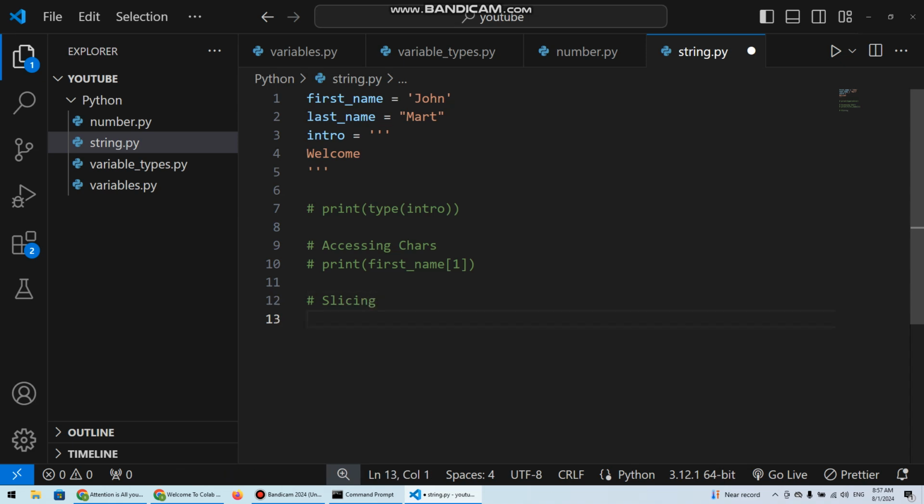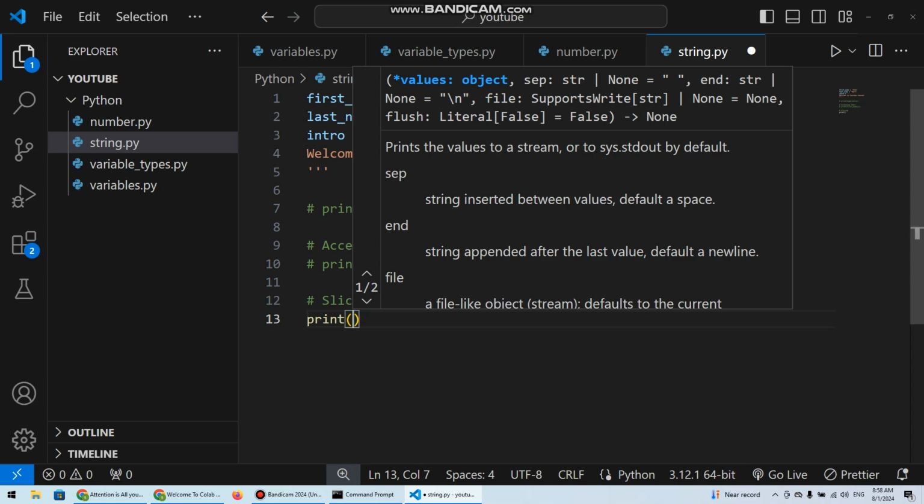So you might have a string and want to cut a part of it, like get just a part of the string. For example, let's say intro was "welcome to my YouTube channel", and we wanted to slice the first word, welcome. What we'll do is use print again, and then intro,